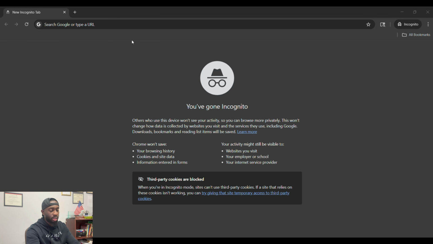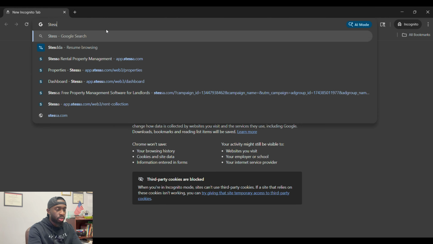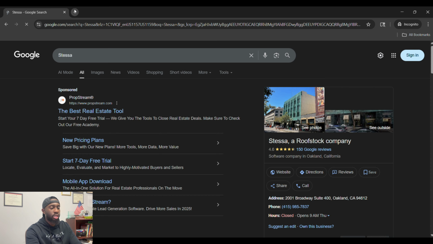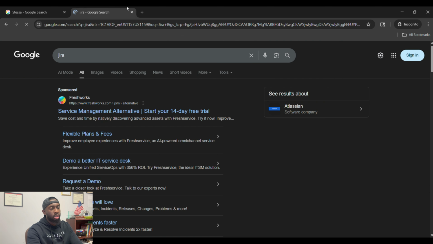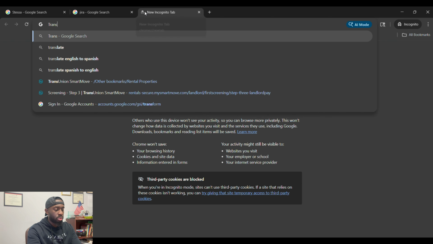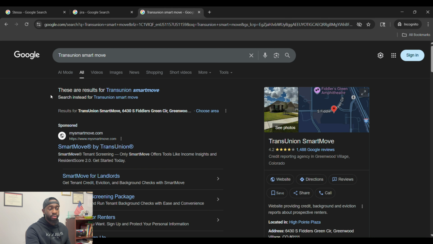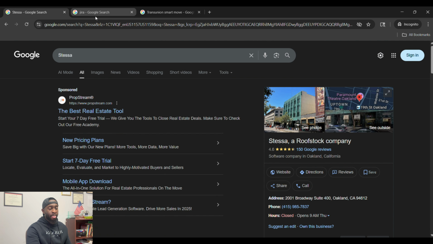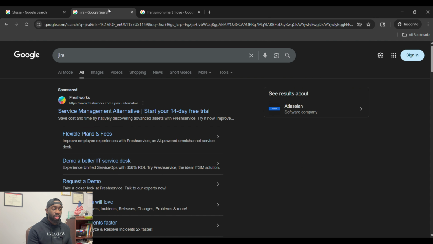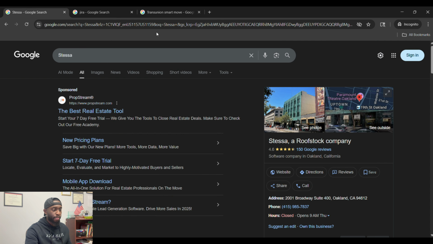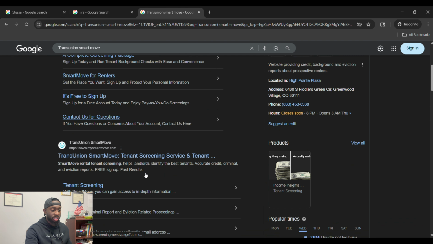Incognito mode. All right. So what I'm going to do is pull up the three platforms that you guys should be very familiar with. And those three platforms are TransUnion SmartMove, Jira, and Stessa. Now, the main one is going to be Jira. That's going to be the one where we're going to create your actual maintenance ticketing system easily with no charge at all. So what we're going to do here is I want to introduce you guys to Stessa and